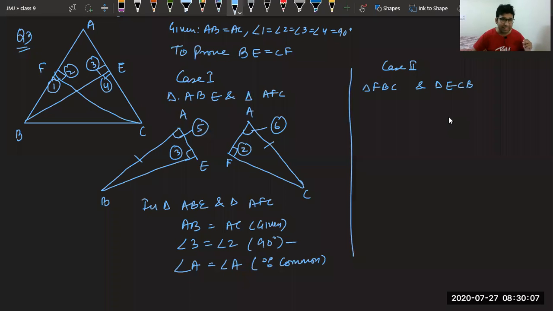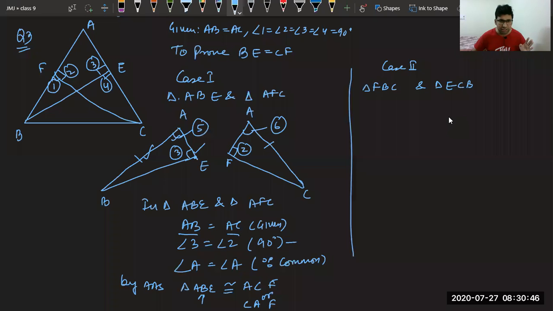Now tell me what is the criteria. If you start from here, you will get side first, then angle, then angle. Side, angle, angle is not a criteria. So we'll start from point E. First an angle is coming, again an angle is coming, double angle, and then a side. So by double AS, we can say triangle ABE. Again, the first name can be any name. Now the second name comes AB. AB is equal to AC, so the possibilities are either AC or CA. And the last is F. Tell me fast, which is the correct one, first or second?